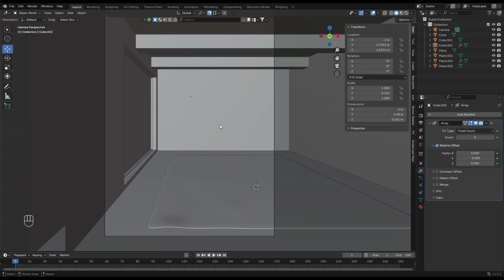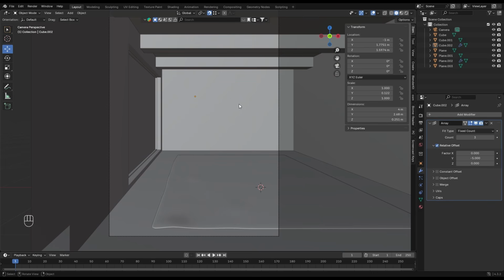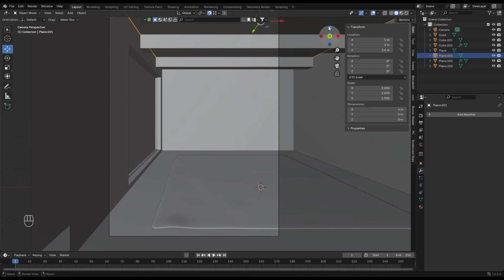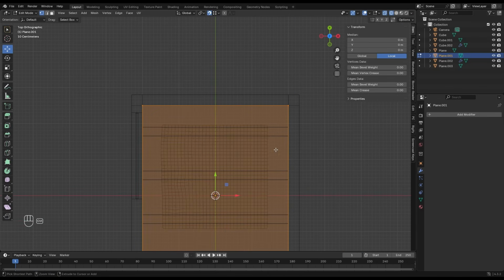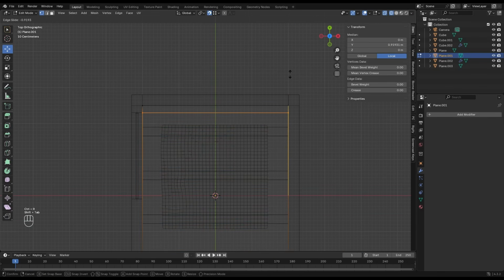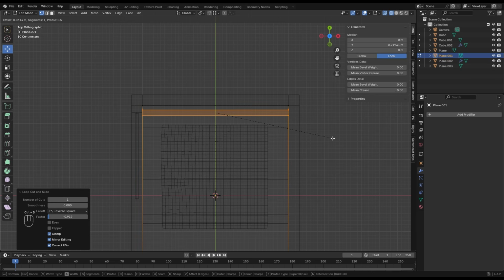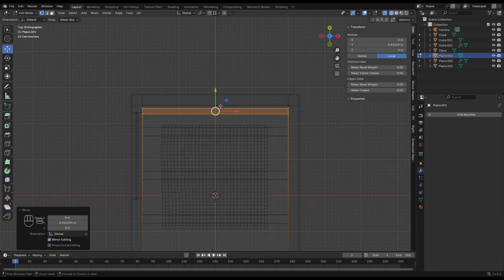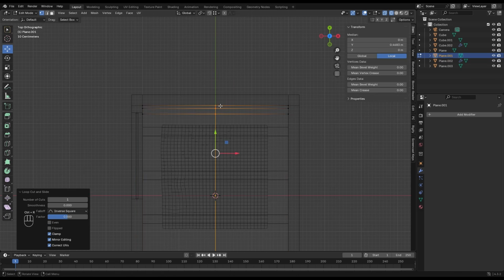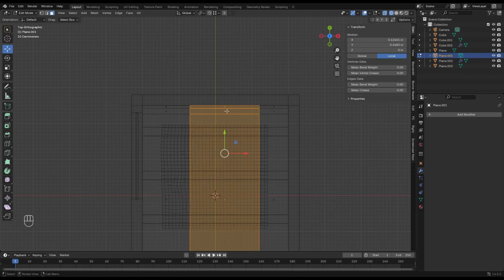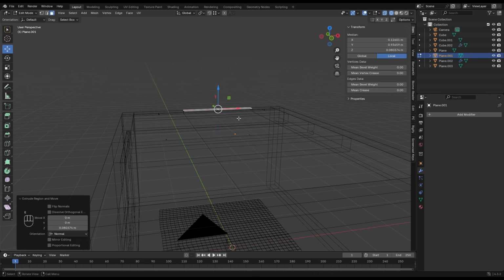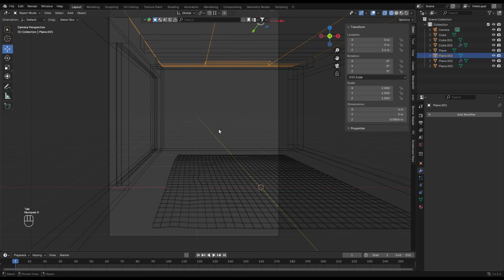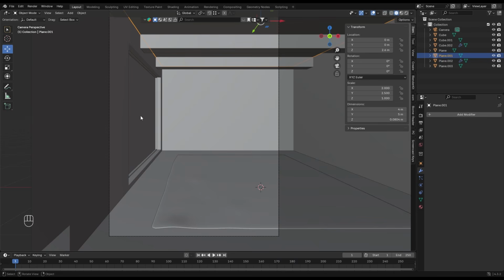Now let's create, here will be something like curtains, so select the ceiling, go to the top view, Tab, wireframe mode, and here add a loop cut. Control B, and here Control B. Now select this face and extrude it a little bit to the top. Go again to camera view, change to shader view,